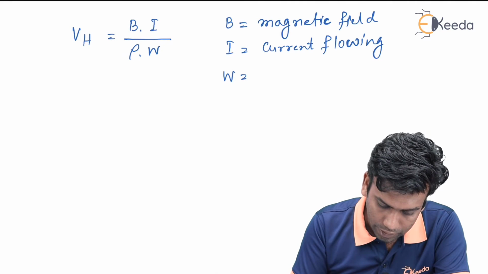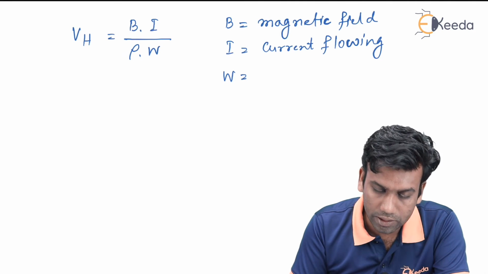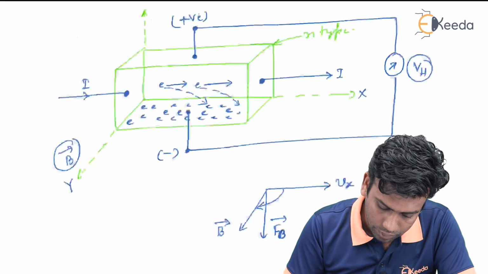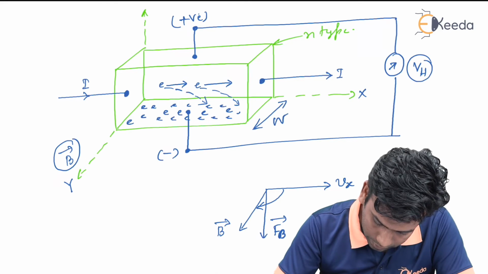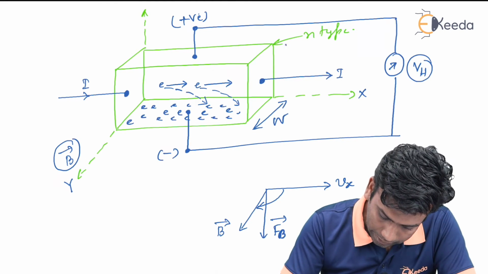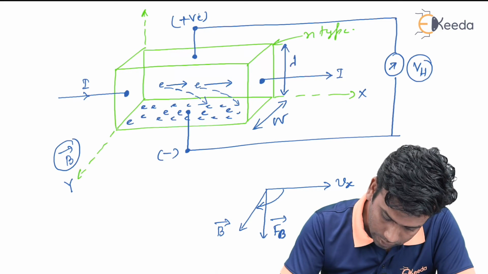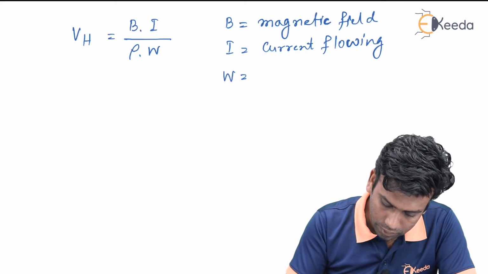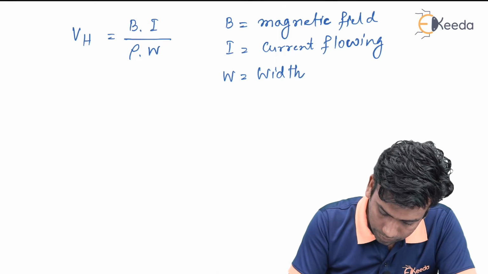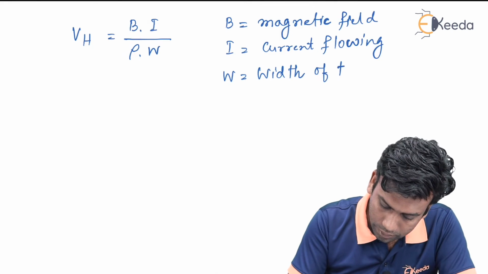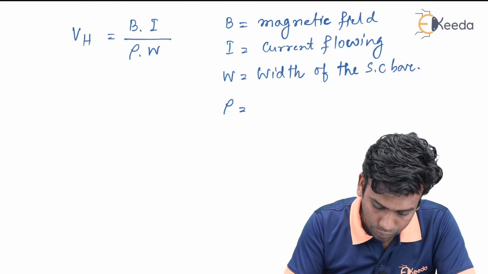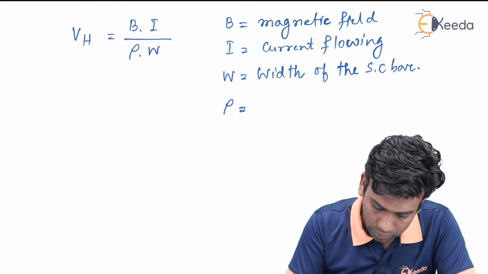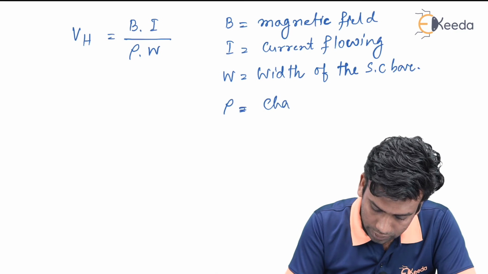W is the width of the semiconductor bar. So, the width will be like this. This is the width W and the thickness is D. So, W is the width of the semiconductor bar and rho is the charge density